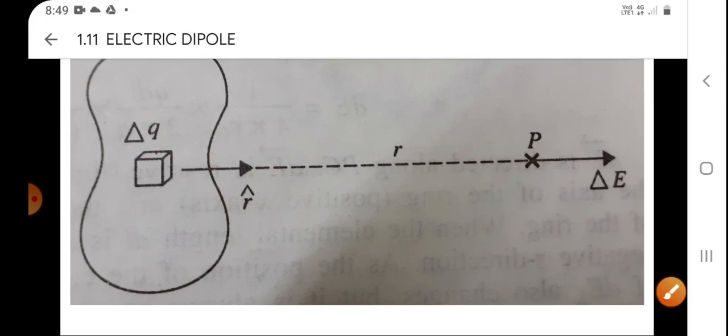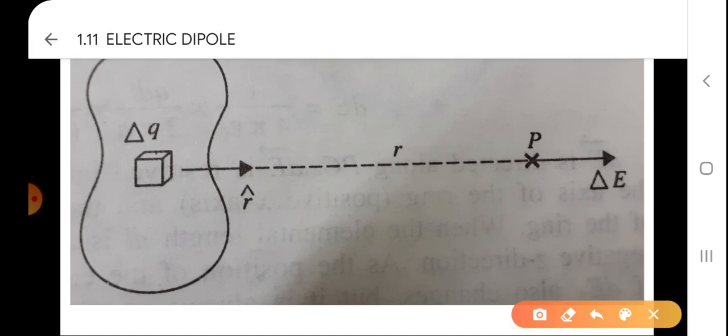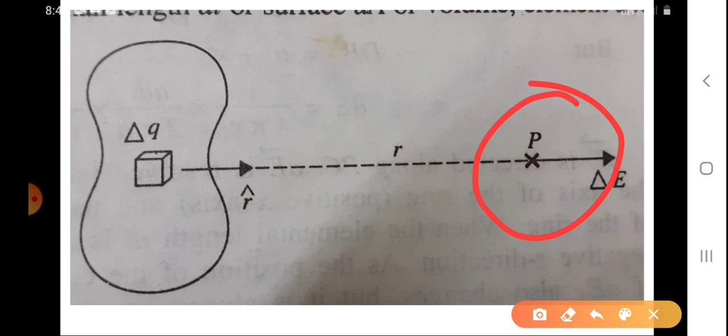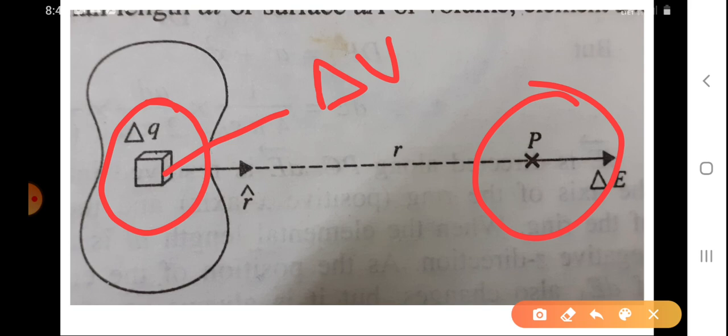I erase it. Okay, again we will do. What amount of electric field is produced at P due to delta Q? Where is the delta Q? Delta Q is in delta V. What is delta V? A small elemental volume. If you go on adding delta V, 1, 2, 3, 4, finally what will we get? When delta V are summed together, we will get V. Delta V becomes dV; if you integrate that, we are going to get the volume only. Integration is summation only, as I have told you, right?